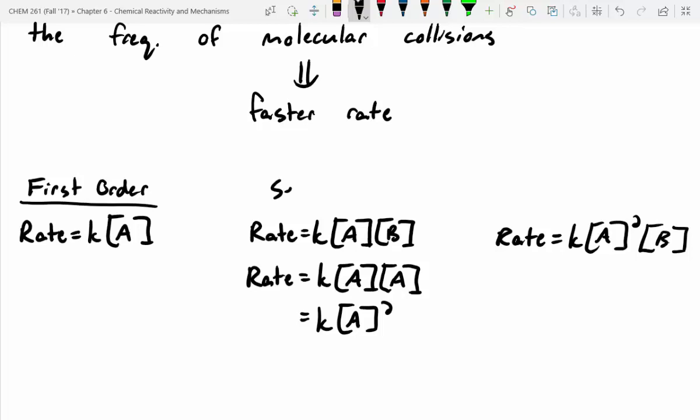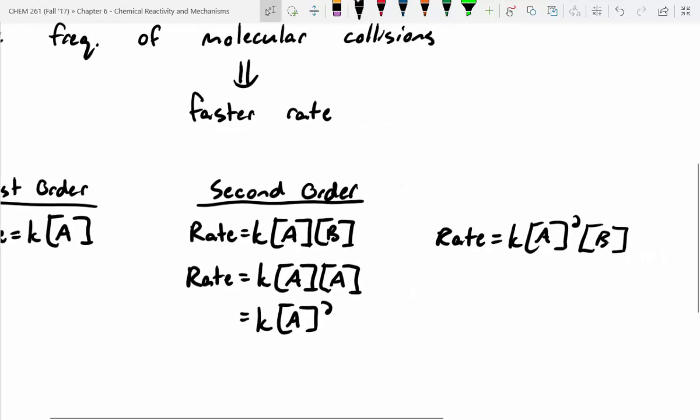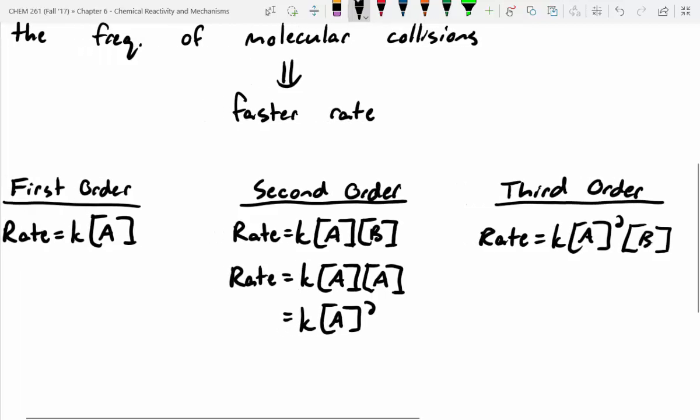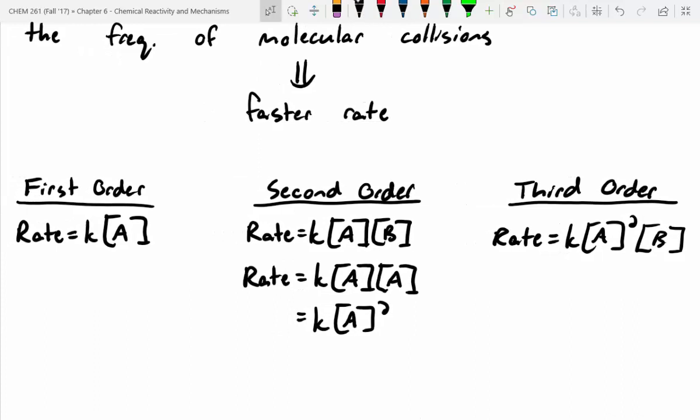A second order means it relies on two molecules colliding, either two molecules that are identical or different. And then a third order means it relies on three things colliding. Does that make sense? Easiest thing you can do with this is just add together the exponents for all of